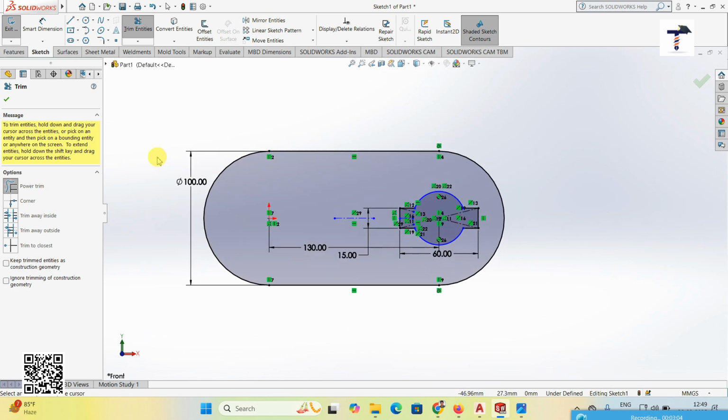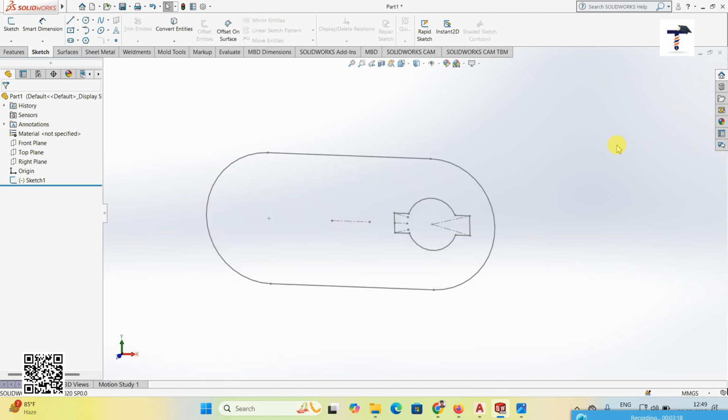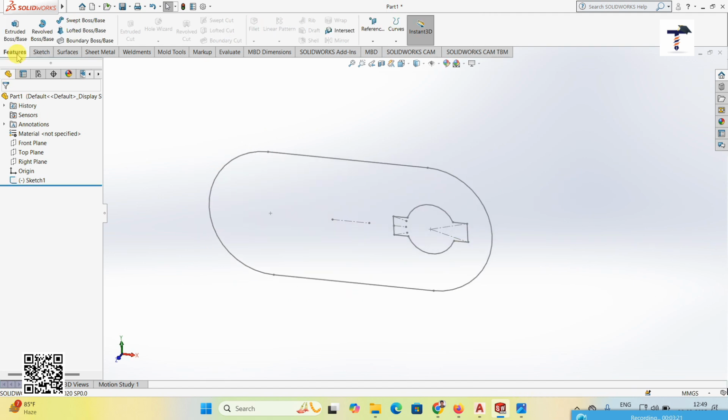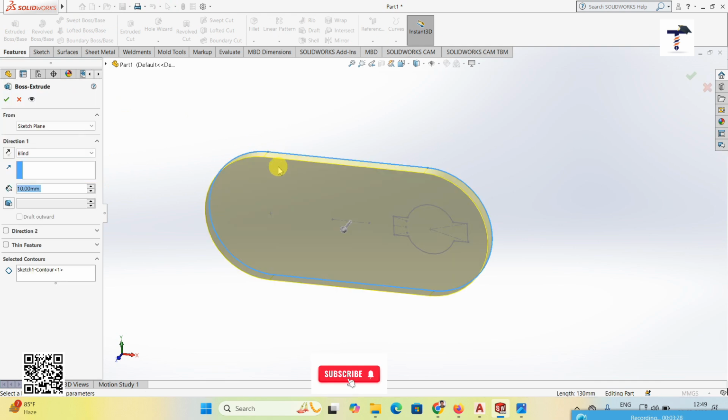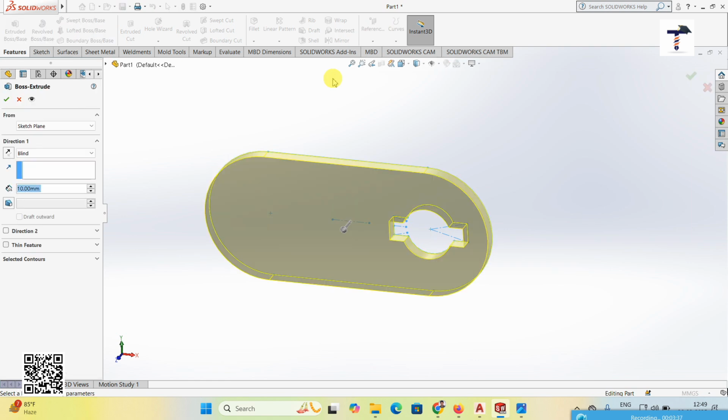So that is a closed object here. This one is the total outer boundary, and this one is another boundary here. Okay, so exit, and then with nothing selected, go to the extrude. If you select here, only this outer boundary is projected. But if you select this sketch from here and then go to the extrude, now this one is